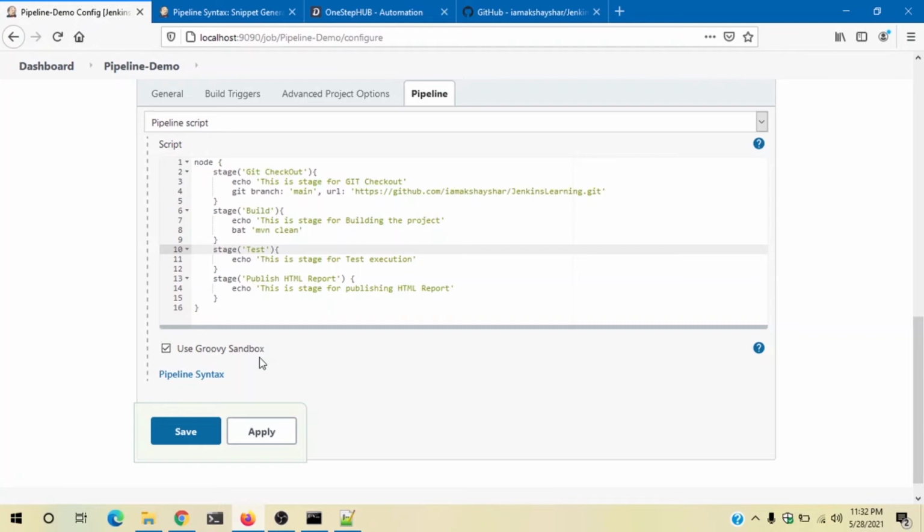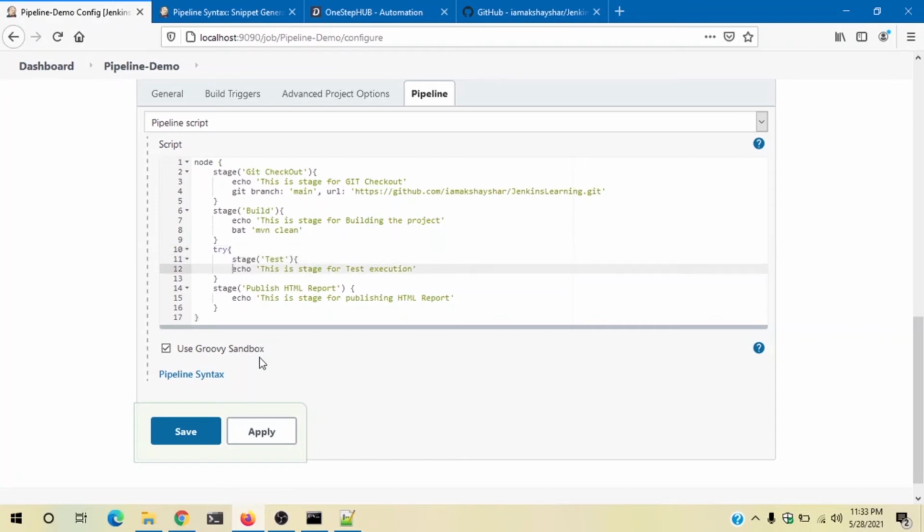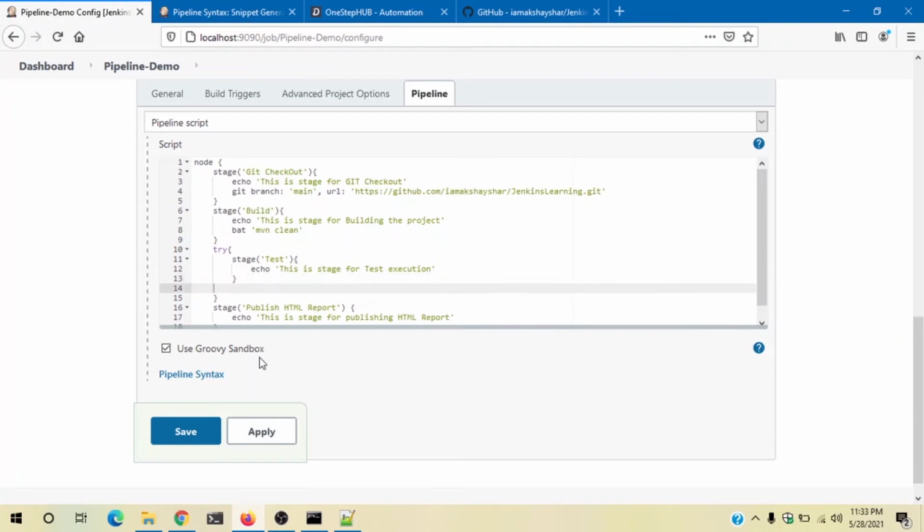In the third step, wherein we have to execute the test, I know that my test can either pass or fail. But in scripted syntax, if the stage fails, the execution will not go ahead. So we have to put this in a try catch block. So I'll put try. In the try block, I'm expecting the stage test to start, and this should close here, and then